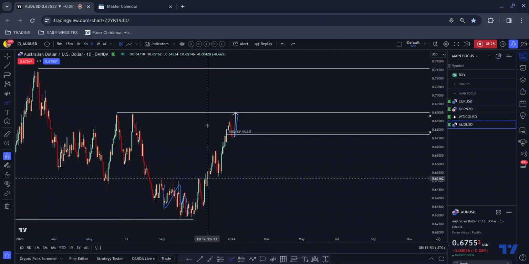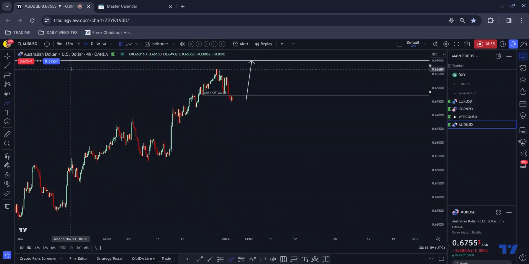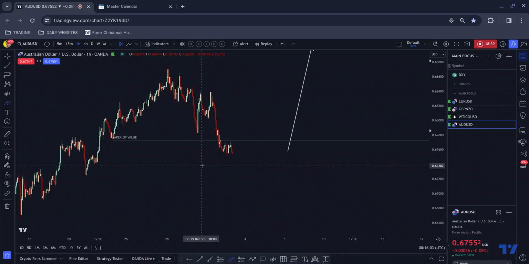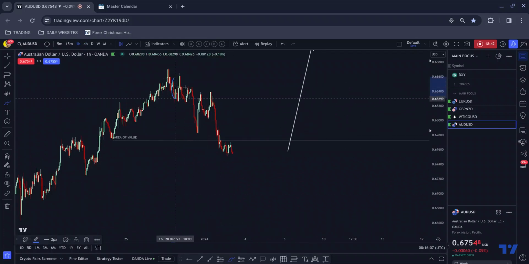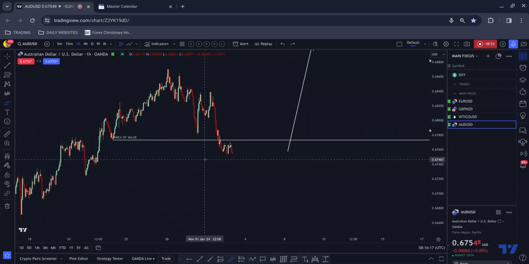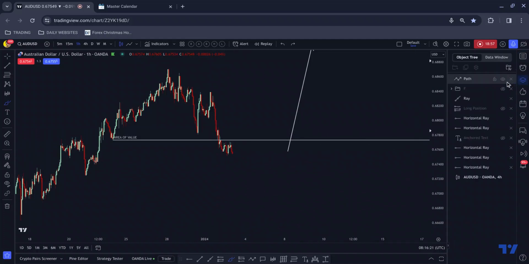It may not look like that so much on the daily chart, but as we drill down, if I just zoom in because I'm running out of time, this is quite a corrective move down. We had a little bit of momentum here, but it's quite a corrective move down. So what I'll be anticipating from this one, I don't think this is likely, but it doesn't matter what I think, is if we break above,